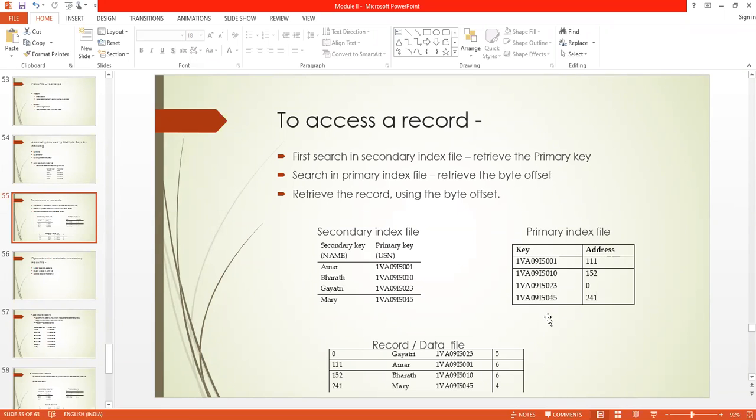If Ashmita's USN is 63, then I can put it here at the end. If suppose it is 15, then I have to place this record, the USN of Ashmita, here. So it should be sorted. This also will be sorted, but the record file or the data file is not sorted. It is a huge file, and sorting takes a lot of time, a lot of shifts. That's why the simpler files are shifted and accessing is done using these index files, fine.